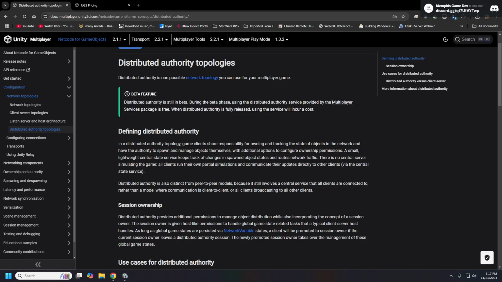We're looking at the docs here, and right off the bat, at the very top, it tells you that it's a beta feature and that it will be free until it is fully released, which I think it is now. But there is a cost to this.